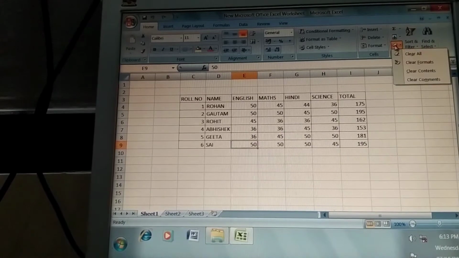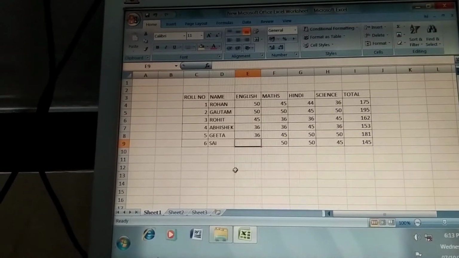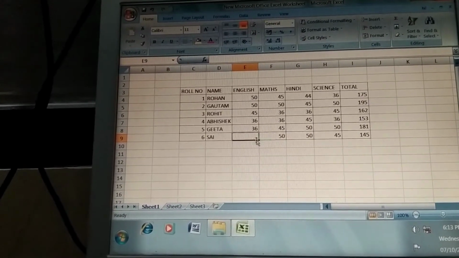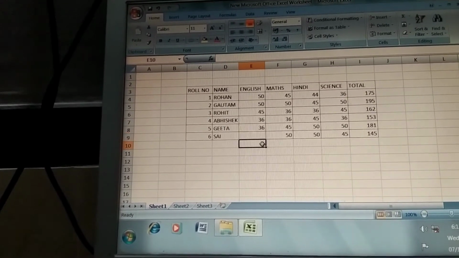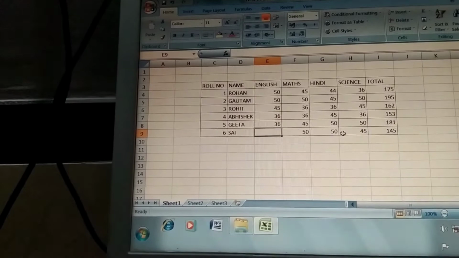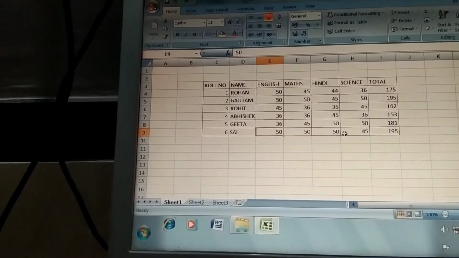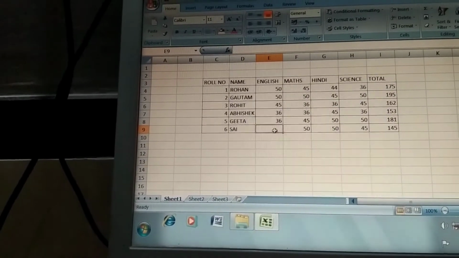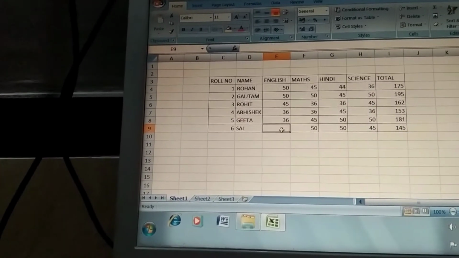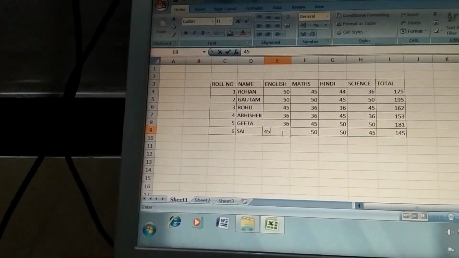When we click Clear, that content is gone. This way we can remove the content, otherwise simply click there and press the delete button also, and again whatever we want to type, we can type there.